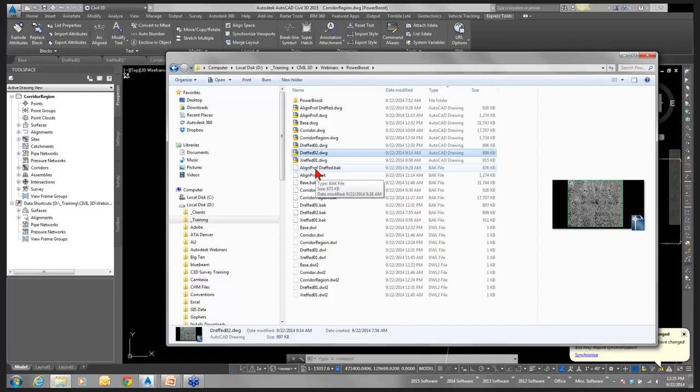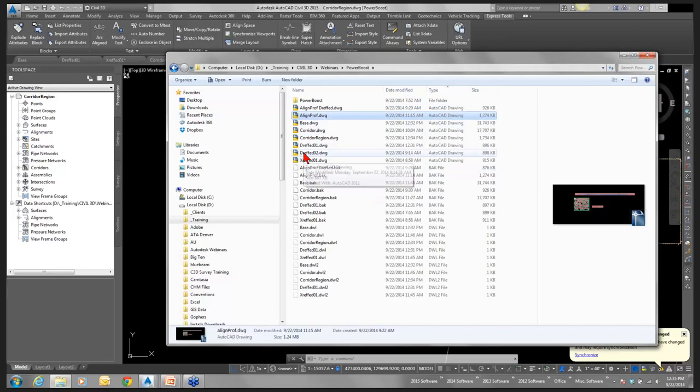I went in and created those alignments and profiles. And you're talking a 17-mile corridor in one, and the other one was, I think, 3 miles. I created a surface profile and I created a proposed profile, and that drawing right there was only 1.2 megs